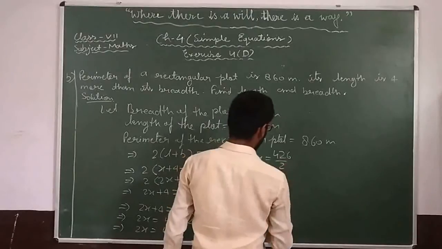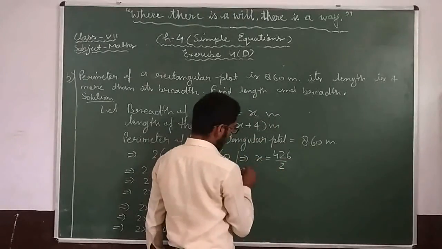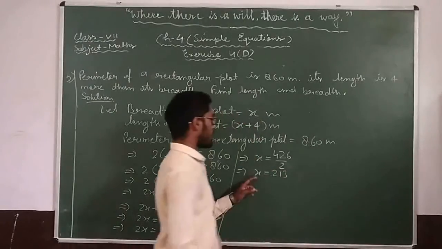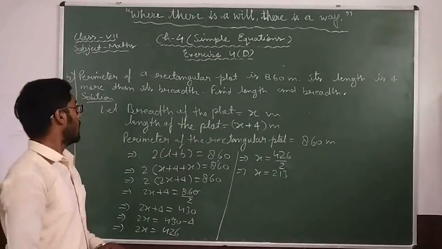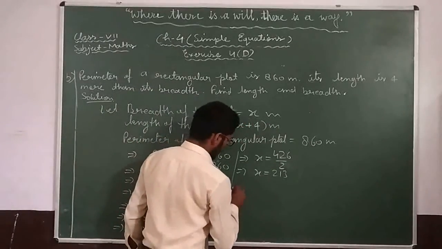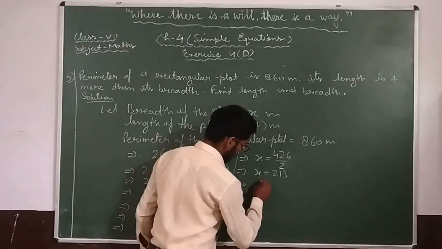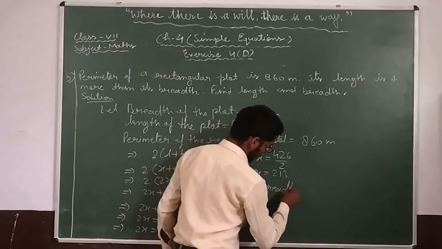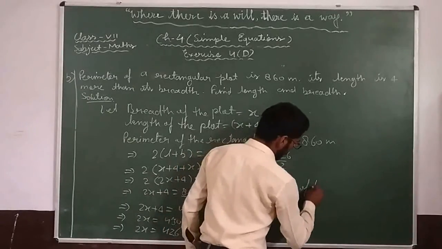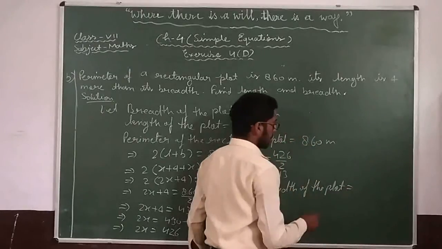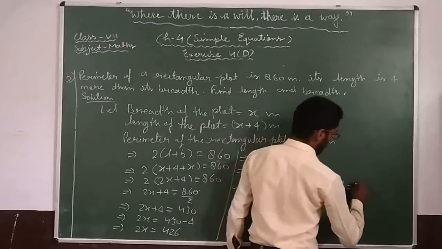426 upon 2. Okay, then dividing, x is equal to 2 2s are 4, 2 3s are 6, means x is equal to 230. Okay, and here the breadth of the plot is x meter, so the breadth of the plot is equal to x meter. x meter means 230 meter,